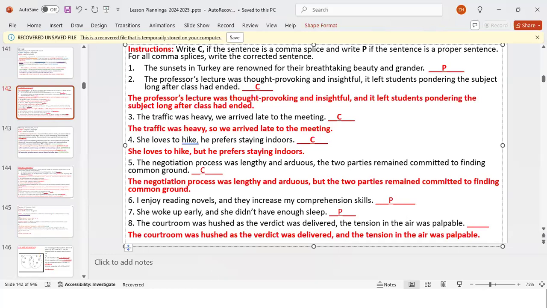All right, put I inside the chat if you think you understand this topic. Yes, I understand it, but I did not finish the work. Can I finish it and send it to you tomorrow? Yeah, that's no problem. If you understand it, put I inside the chat, please. You need to put I because when I go back to this, I need to know who understood and who didn't. If you understand it, put I. If you do not understand it, put N.